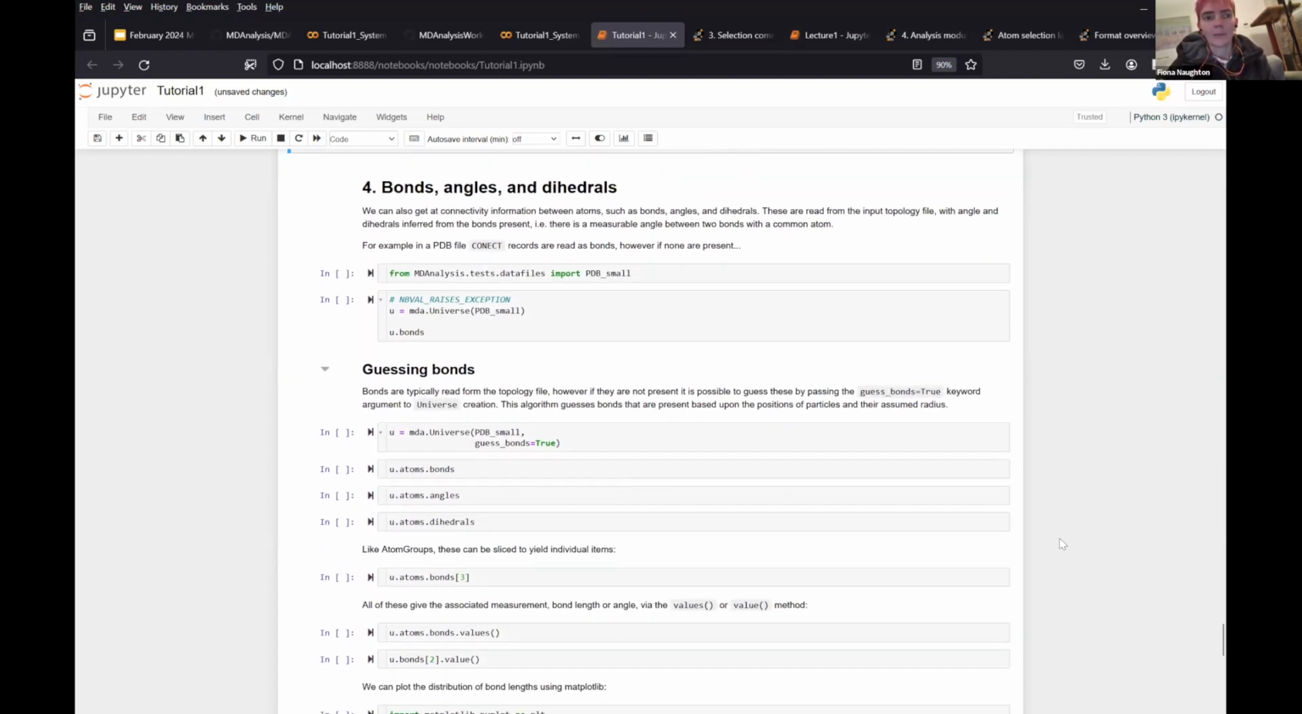So now the last part of this tutorial, we're going to quickly go through bonds, angles, and dihedrals. As mentioned, this is something that will depend on the topology file that you're inputting, whether this bond information is already present. So if I try,